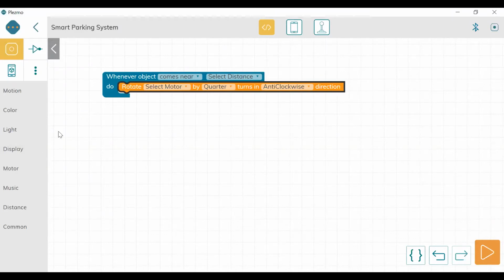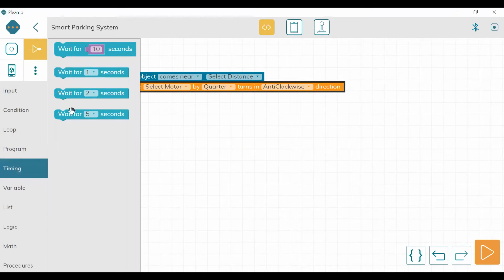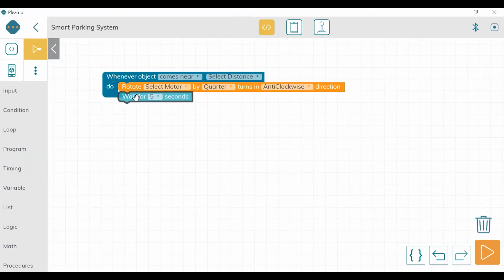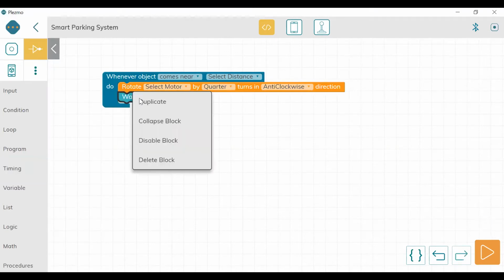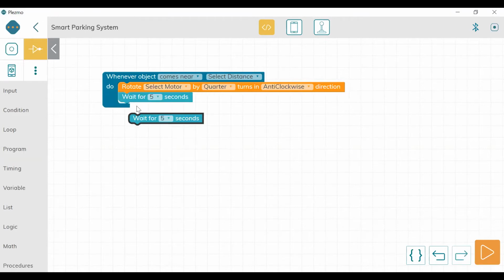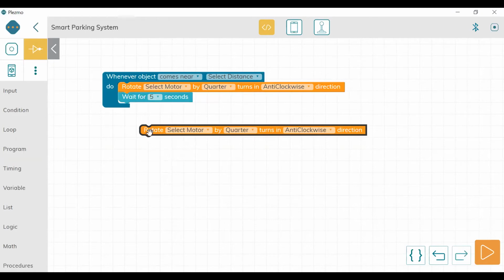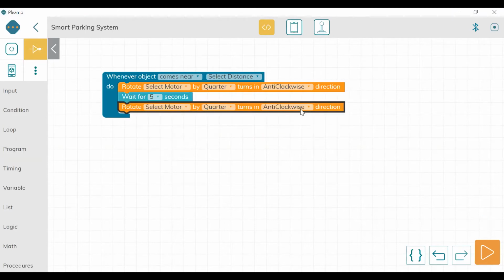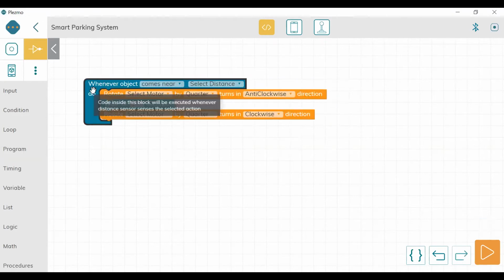Then for timing, we go to the control category: wait for 5 seconds. Then again go to motor, and it moves in the clockwise direction. Fine. This is the first program, but now we have to add the music element also.